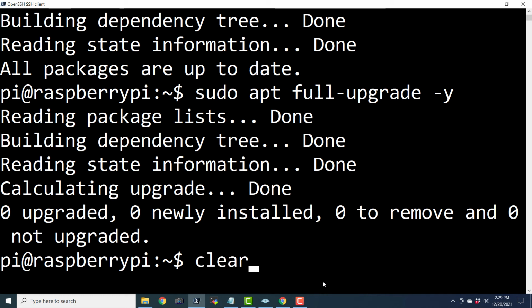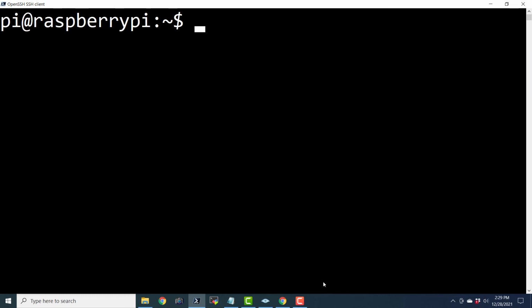So this is how we can update and upgrade our system. It could be anything, Debian, Ubuntu, or Raspberry Pi OS. So for other operating systems, there will be other package managers like pkg and port and brew to upgrade and update the packages in your system. So in case you are using some other Unix-like distribution, then go ahead and check the manual of your distribution. You will definitely find the relevant commands.